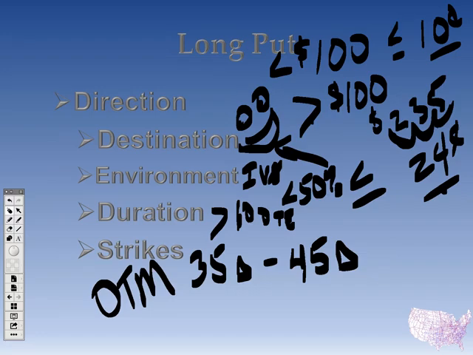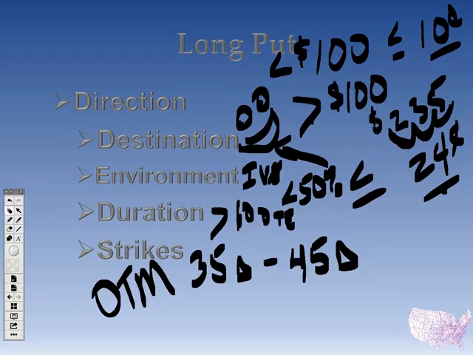Because if you only have a certain amount of money you like to risk, say it's $500 or $1,000 on any given trade, because it's a percent of your overall portfolio. Well, if I'm willing to risk $1,000 on this directional assumption, if I pick an 84 delta, I can probably only buy a 1 lot. And if I can buy a 35 delta or a 45 delta, and I can buy 3 of them, well, those deltas, it's 3 times 35. So we're talking over a $1 increase for every dollar the underlying moves versus 84 cents. Does that make sense?